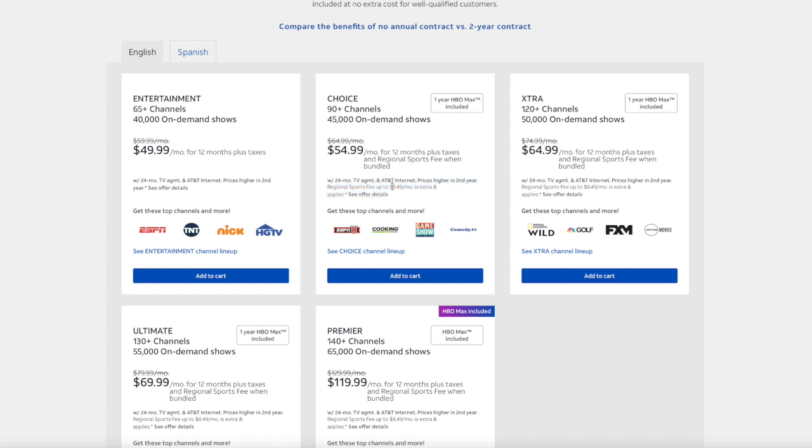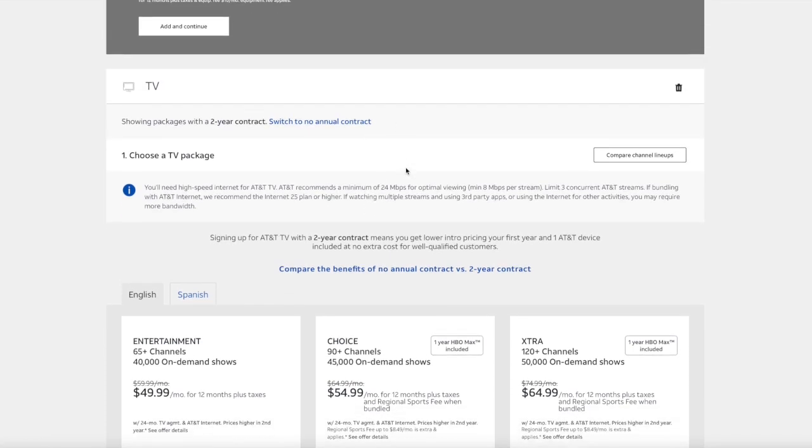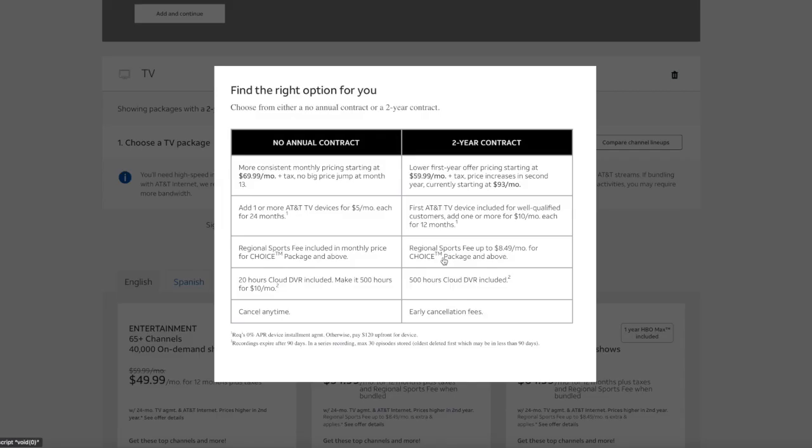Oops. Got to read that fine print. Well, what do you mean higher in the second year? You get a $10 discount the first year, so you save $120. So, luckily, they give us a little compare the benefits chart. And what do you know? It goes from $59.99 the first month, the first year, to $93 the second year of this. So not only do you wipe out any savings you got out of the first year, you go a whole